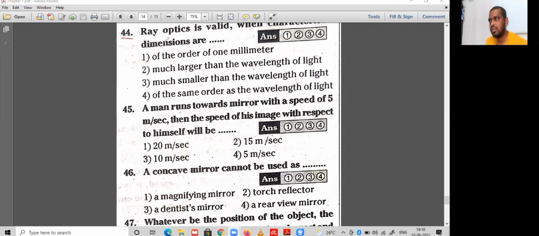Question number 44. Ray optics is valid when the characteristic dimensions are, first option, of the order of millimeter,